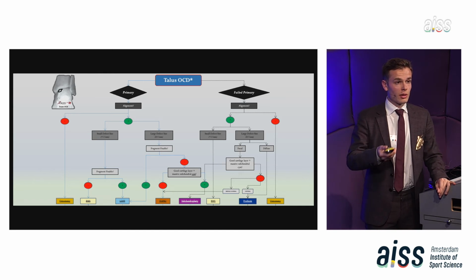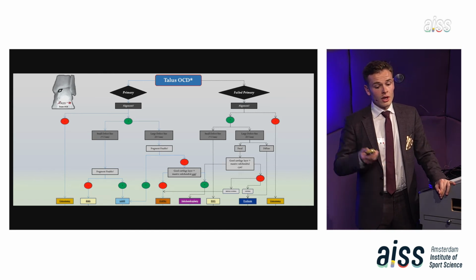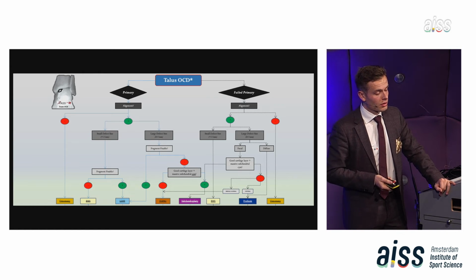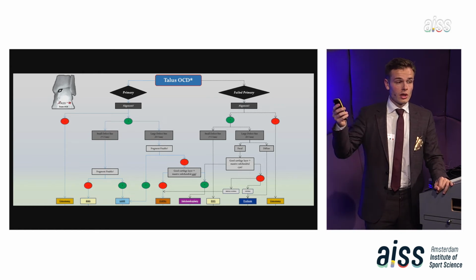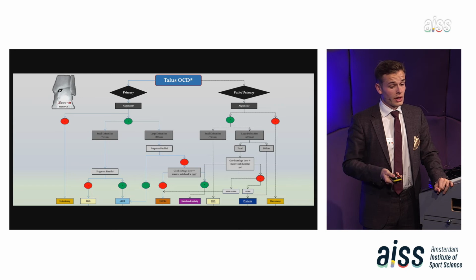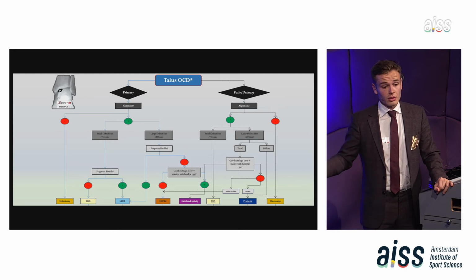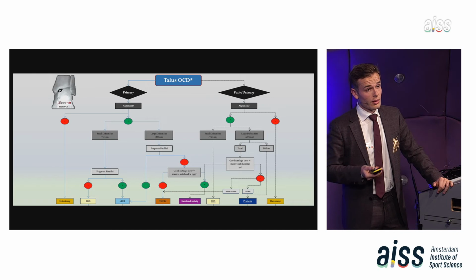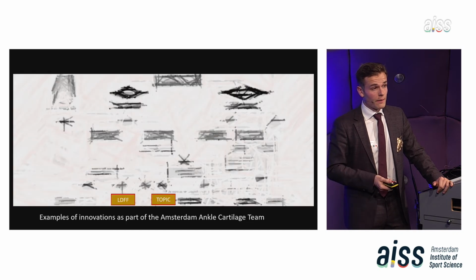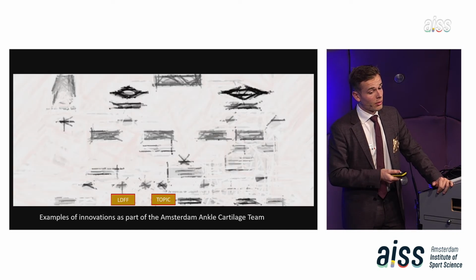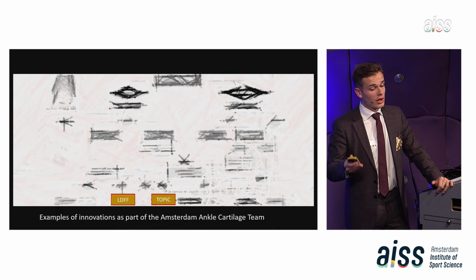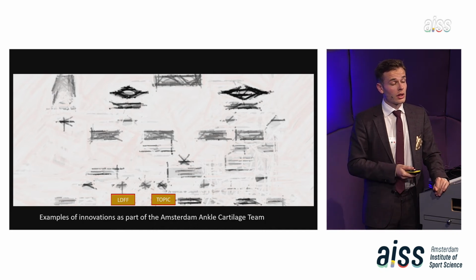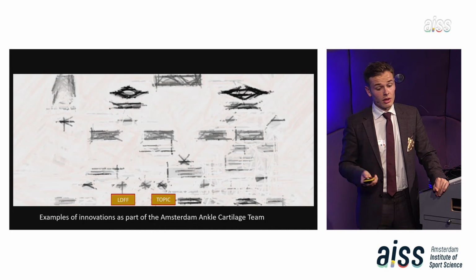So for this combined lesion, the osteochondral lesion, we have developed a treatment flowchart in which we take into account important patient factors to finally get down into the flowchart and see which treatment option may work best for which patient. And as part of this flowchart, there are two innovative surgical therapies that I want to highlight shortly that have been developed in the Amsterdam UMC.